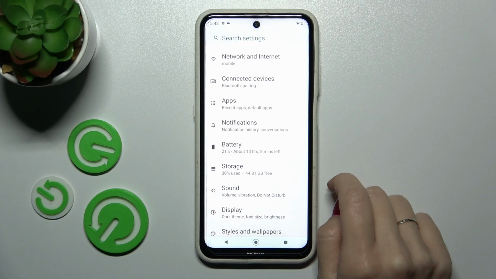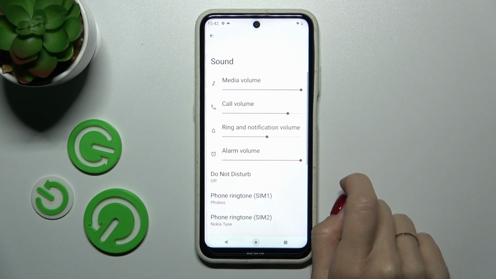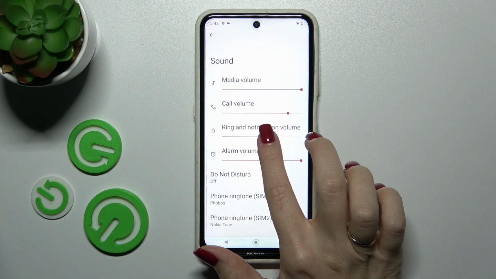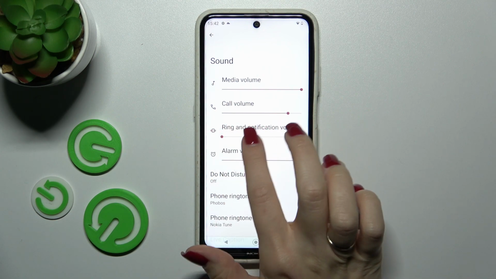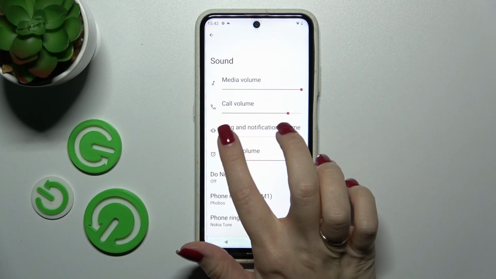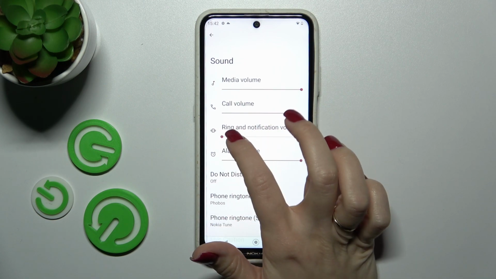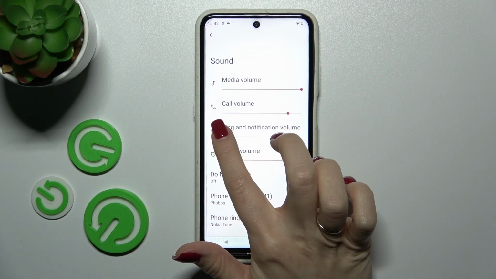So first, let's open the Settings app and then tap the Sound section. Here you'll see the ring and notification volume panel. To mute notifications, we can hold and swipe this dot to the left side, but this way we'll mute not only notifications but also the ringtones. If you want to keep the ringtones, we should unmute